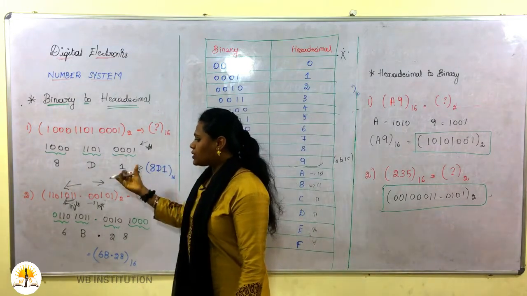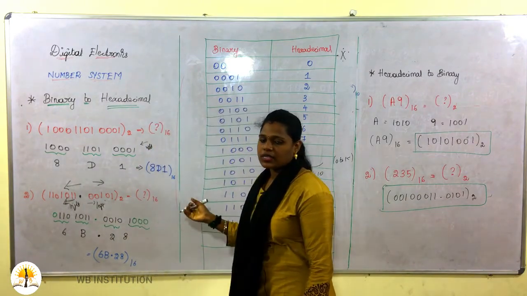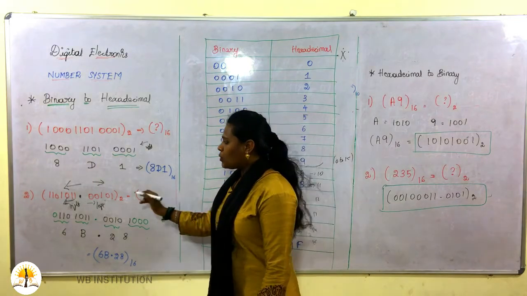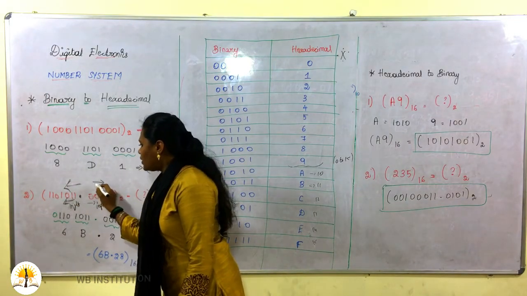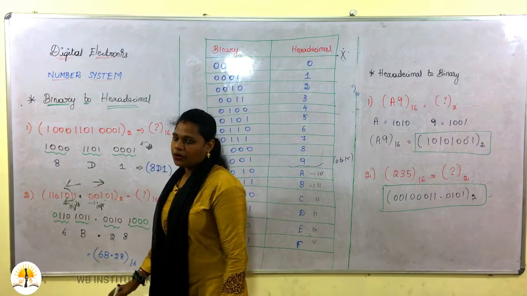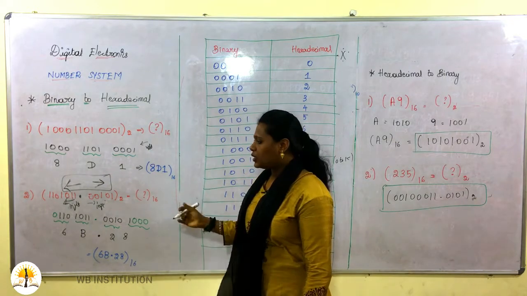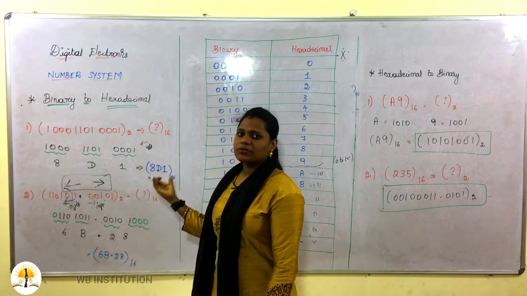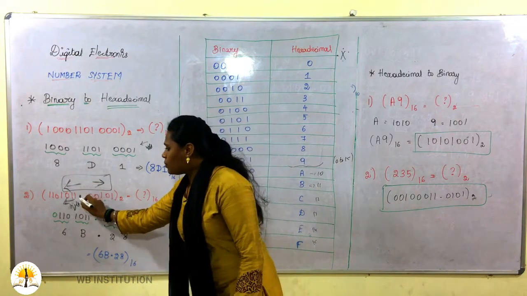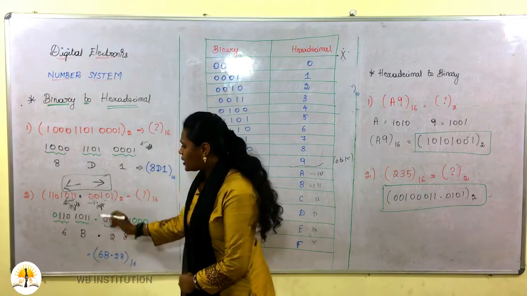Coming to the same question with a decimal point, what we did in octal, the same goes for hexadecimal. Before the decimal point you need to calculate from this side, and after the decimal point you have to calculate from this point. Just remember this arrow mark, this one is very important. While doing any conversion this logic is the same. In any conversion, octal to hexadecimal, hexadecimal to binary, for a decimal point this is very important.